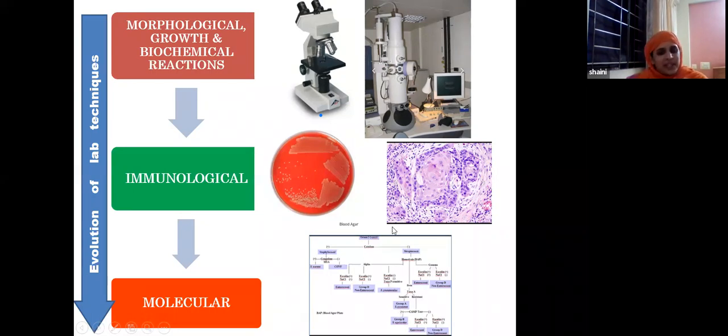This is a very cumbersome procedure, and if we have to pinpoint the organism, we have to do a lot of tests, which is time-consuming and very expensive also. So these are the traditional tests: morphological, growth, and biochemical reactions. These tests have a lot of flaws, but they are not redundant. They are still the mainstay of most labs. For example, we get biopsy specimens. Out of 100 biopsy specimens, 80% we just diagnose based on the morphology. A few might have to go for further tests and analysis.